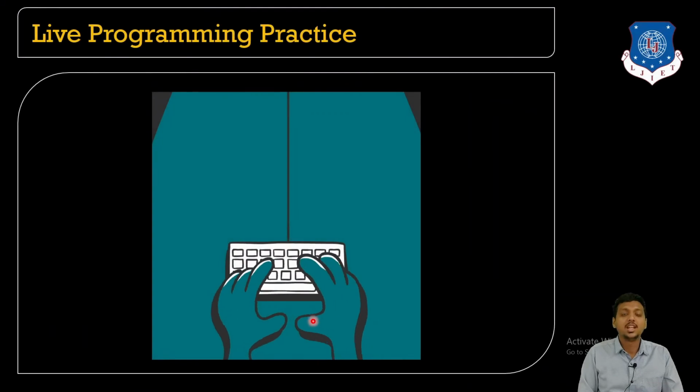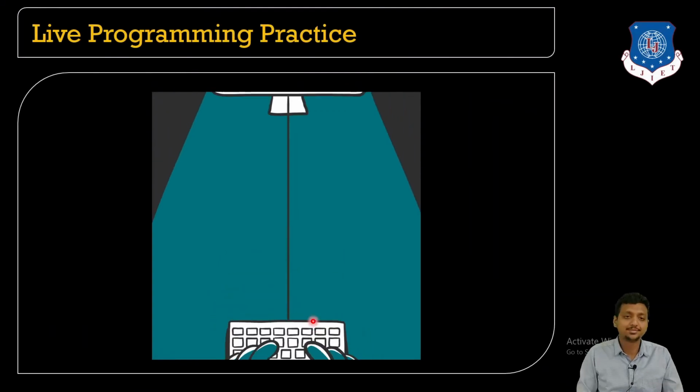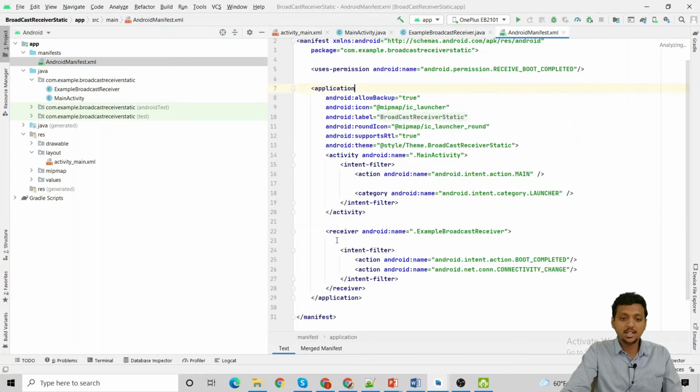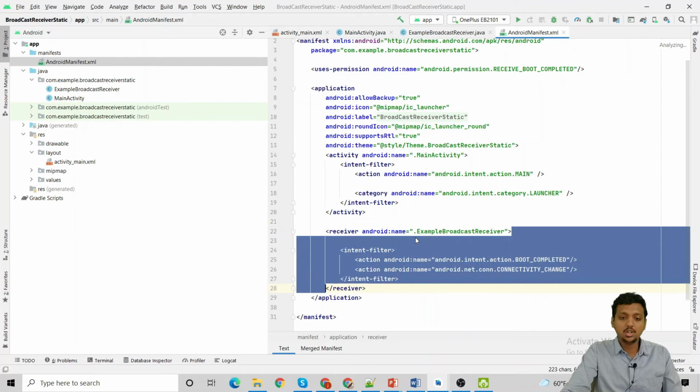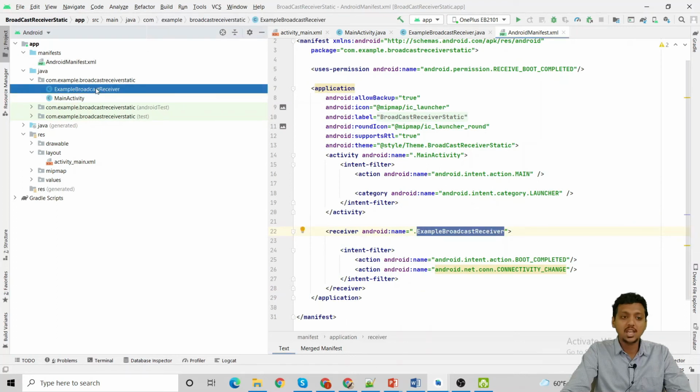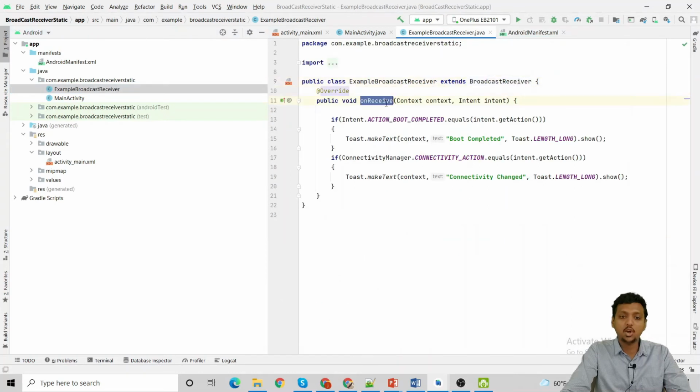Okay, students, so this is all about the broadcast receiver example. Now let me show the code for that. See, students, this is my AndroidManifest.xml file where I have added a receiver, android:name. Below the activity, I have added the receiver with the class ExampleBroadcastReceiver. First I need to make a class ExampleBroadcastReceiver which should extend the BroadcastReceiver class. Inside it I need to override a method known as onReceive, passing the context and intent objects.